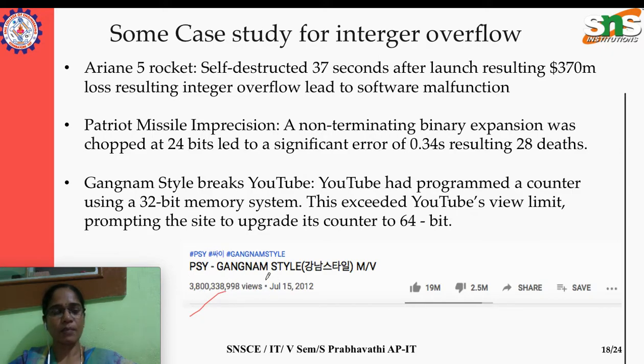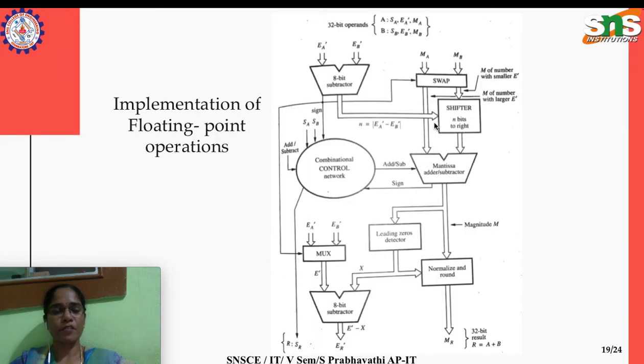So numbers play a huge role and impact in designing software, and of course truncating the extra bits in floating point numbers, chopping off, also plays a vital role. With that note, we'll see the implementation of floating point numbers. Please pay more attention to this circuit diagram given in your textbook. This is for floating point addition and subtraction, and it handles both operations.